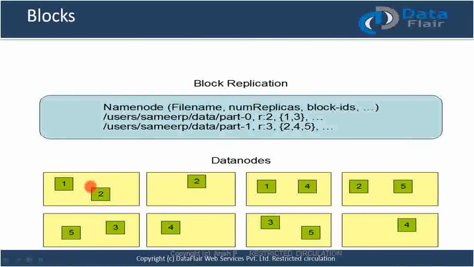If this machine is already loaded, your NameNode will try to send a smaller number of blocks to this machine. Apart from that, the distance is also measured. Say if this machine is a little far,